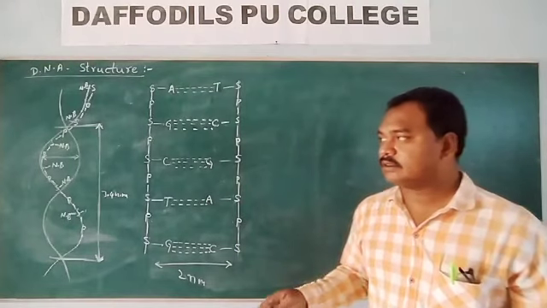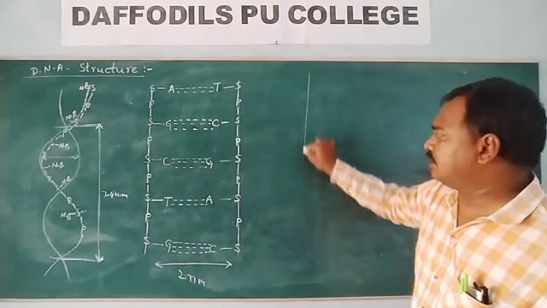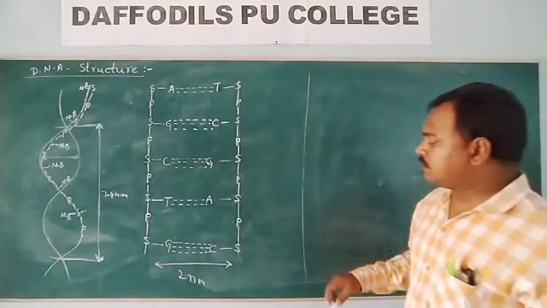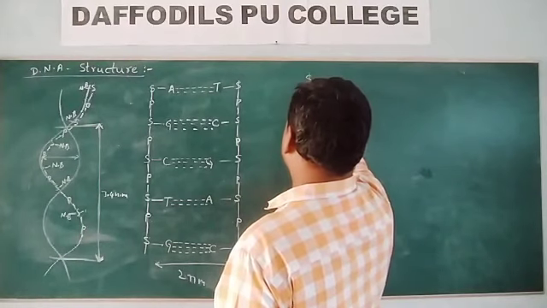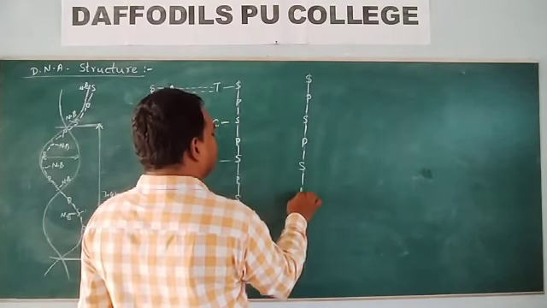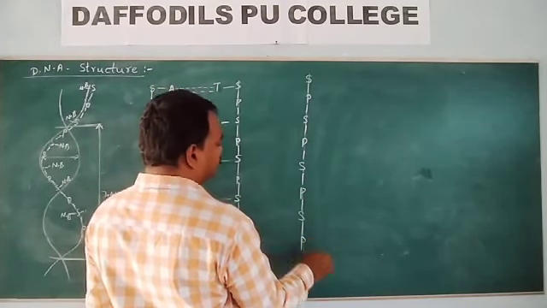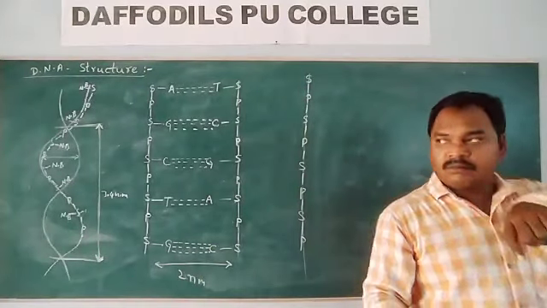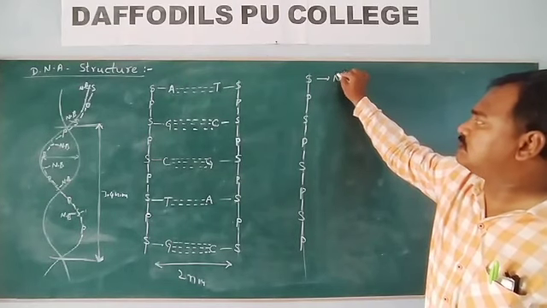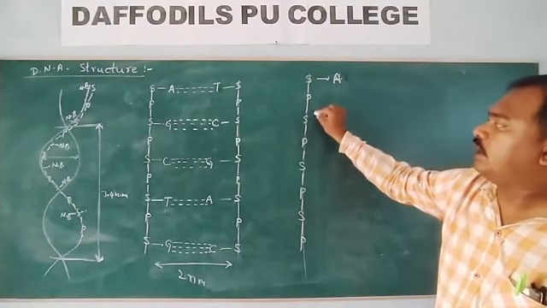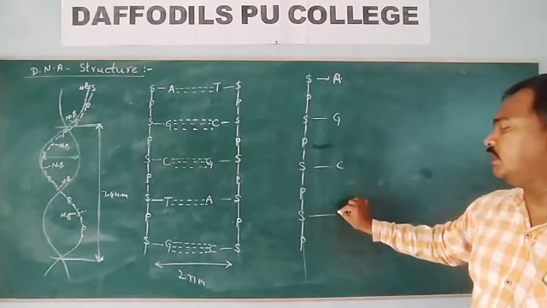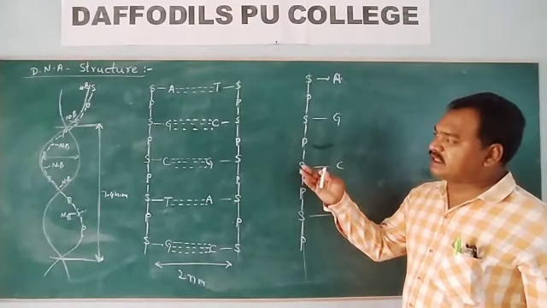RNA contains a single strand. This strand is also made with sugar and phosphate groups. All the sugar moieties are bonded with nitrogen bases. These nitrogen bases are adenine, guanine, cytosine, thymine. So, sorry,